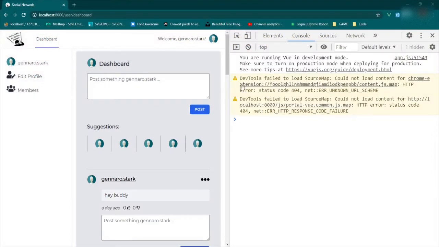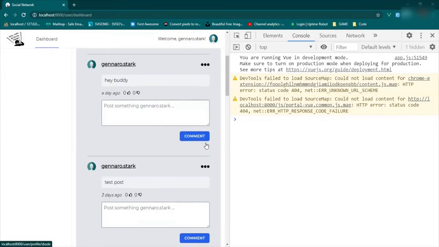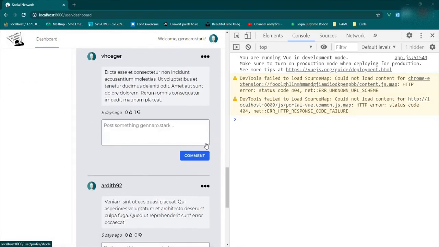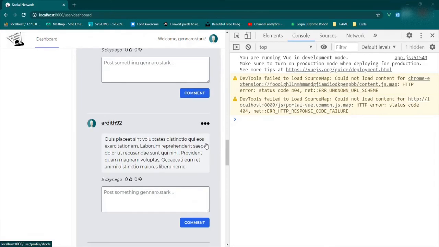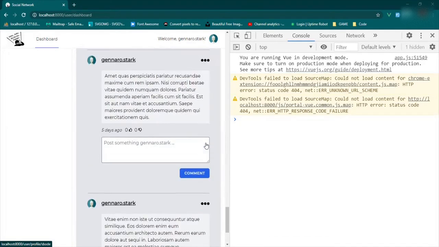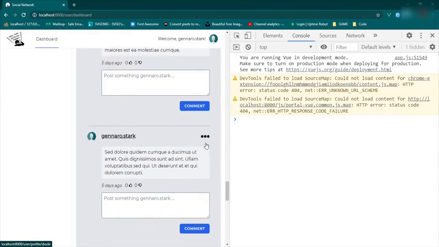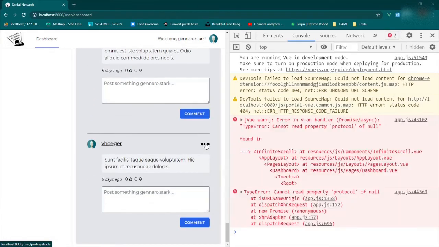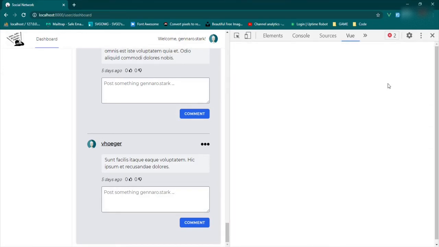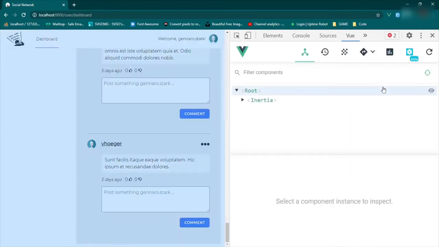Okay, so no error. We'll scroll down, make sure this still works. Okay, and now it's loading the rest of our messages the way it's supposed to. Okay, so now as we get all the way down to the bottom, you'll see we'll get this error: error in v-on handler, cannot read property protocol of null. That's because if we open up the Vue DevTools